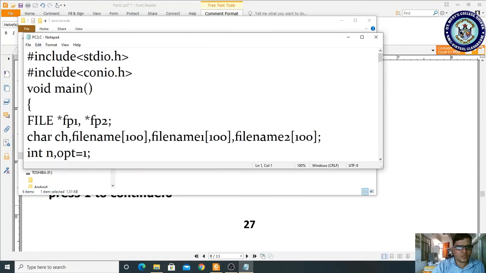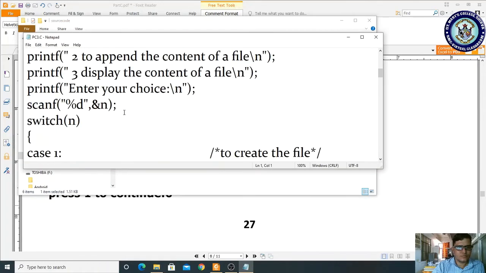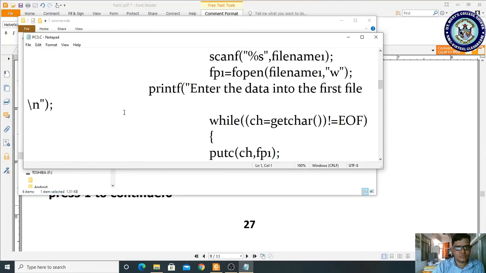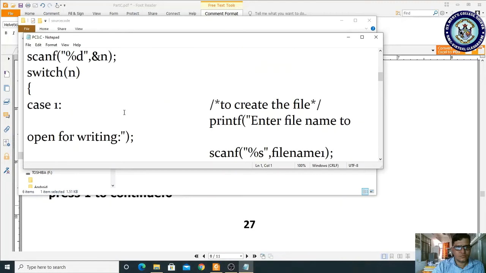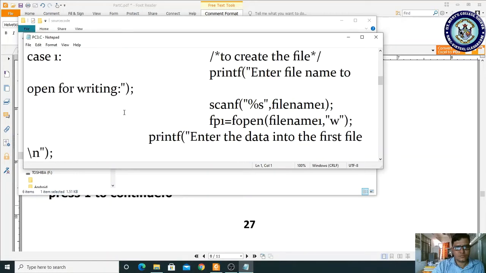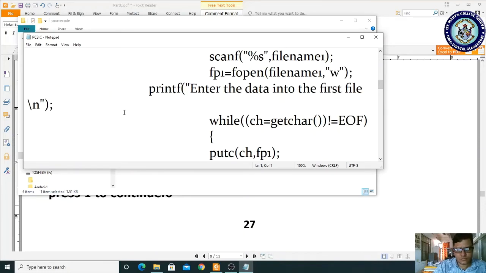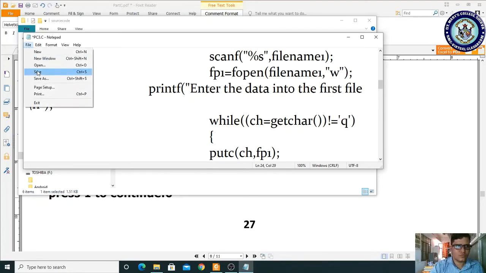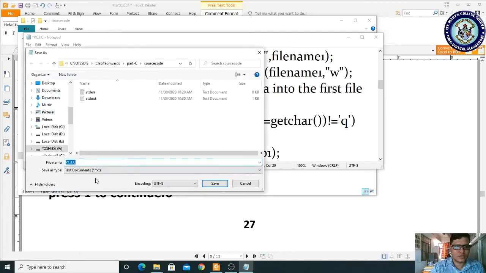So this is our part C, third program. File, save as.